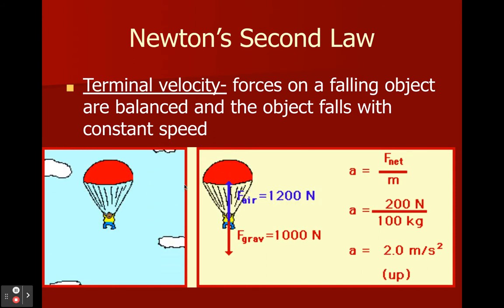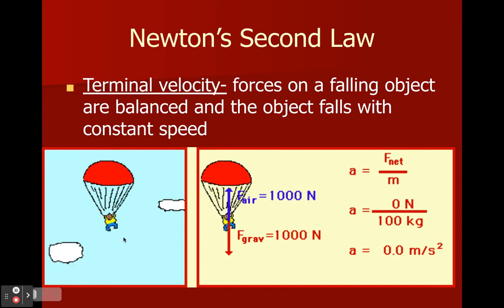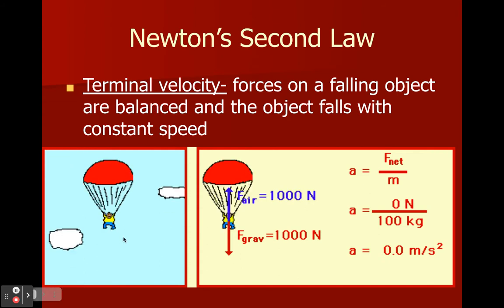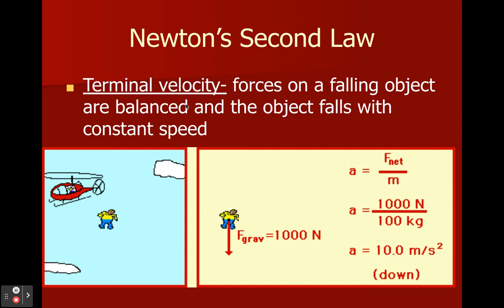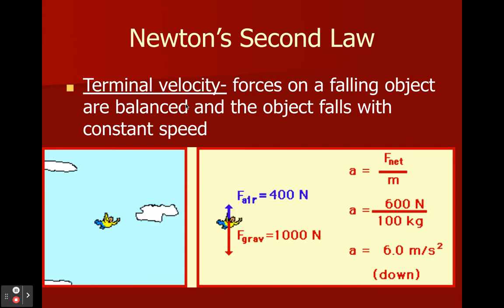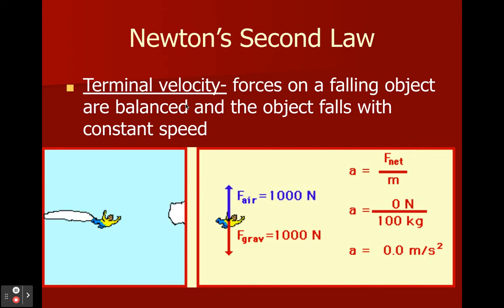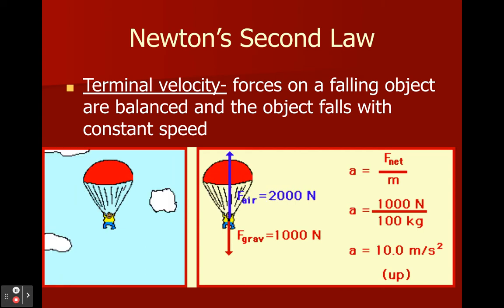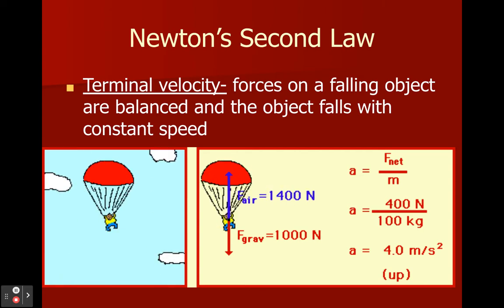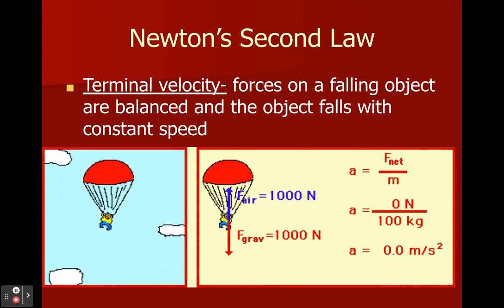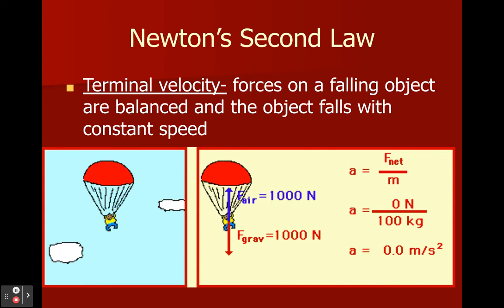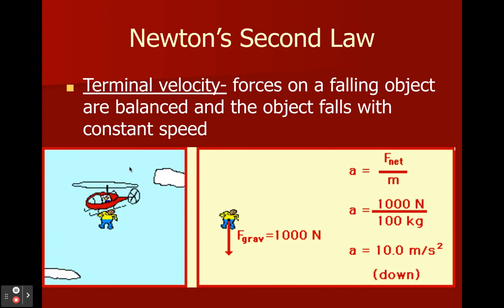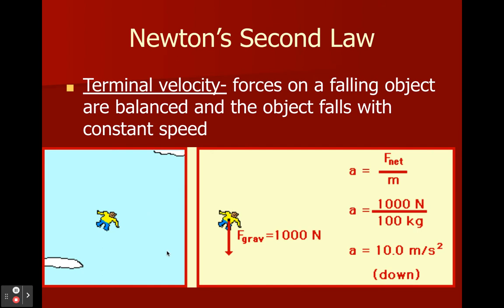So we talked about how an object accelerates due to gravity, but eventually every object is going to hit what's called a terminal velocity. Terminal velocity is where the forces become balanced, so net force is zero again, but you're moving. Before, we said if there were balanced forces, nothing was moving. Well, now I kind of lied to you. If things are moving and are balanced, the net force can be zero as well.